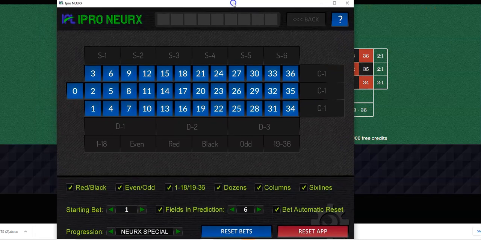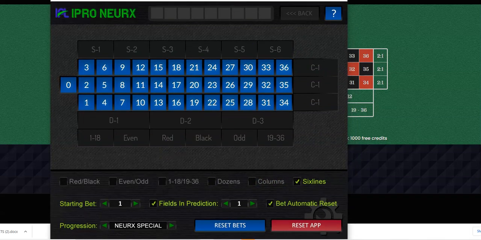Okay, so here's the first thing we're going to do. We're going to first have this set up this way. We're going to remove red, black, evens, odds, columns, and we're just going to be sticking with the 6-line. Because we're going to be doing individual bets, let's say our starting bet is 1. Fields and prediction is automatically defaulted to 1 because it's the only one we're using. And we're using Neurex Special rather than medium, light, or ultralight,